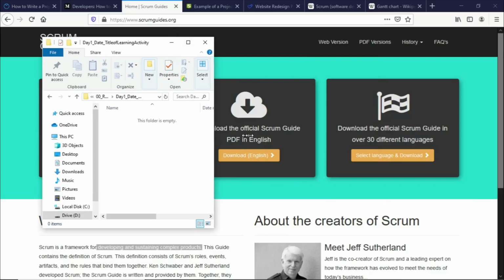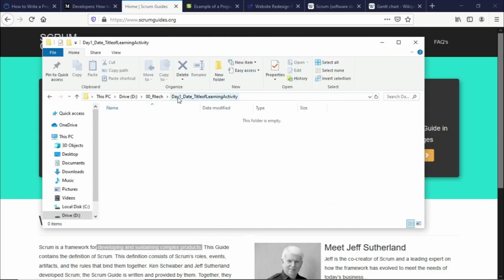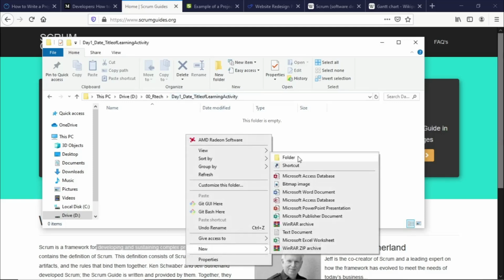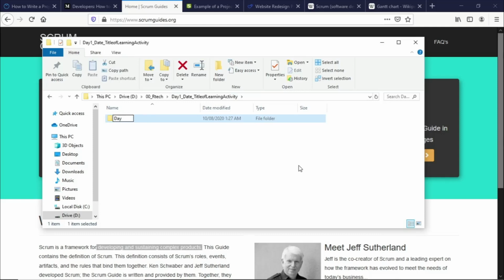I actually have here a format. So day 1, date, title of learning activity. You can create a subfolder, so you can say day 1. The date today is August 9, the date that I created this specific lesson, and then you can apply the title of the learning activity that you have achieved for this specific lesson or for the day, for your 1 hour dedicated coding time. For this example, I wanted to go and do Scrum project